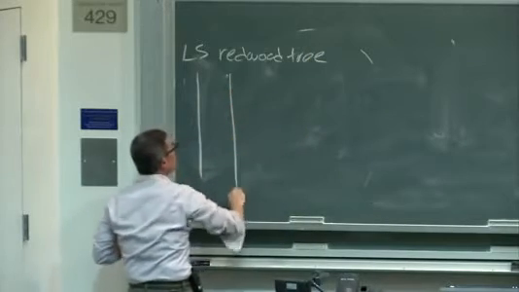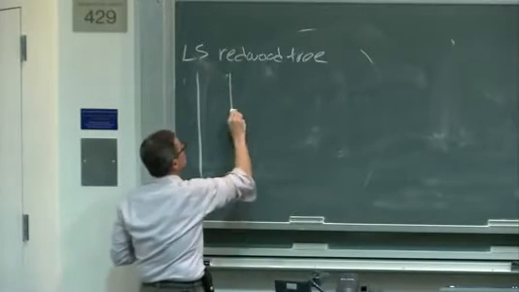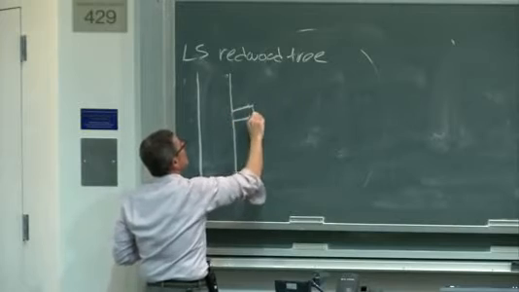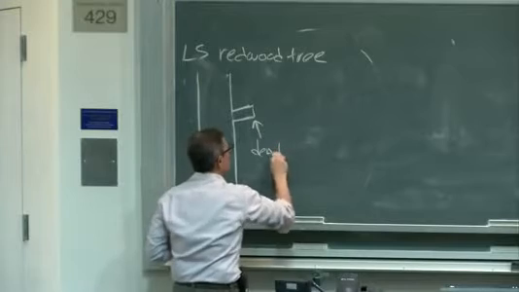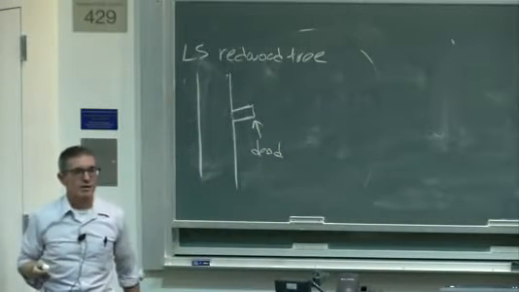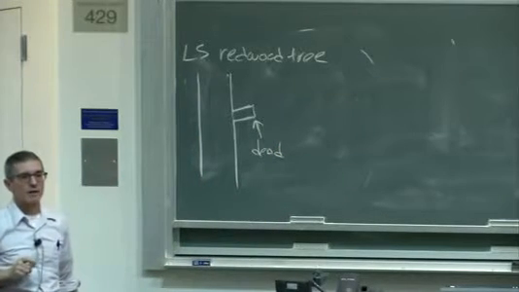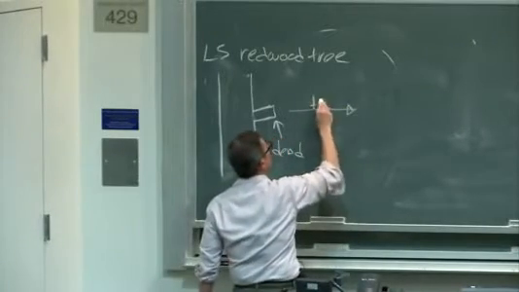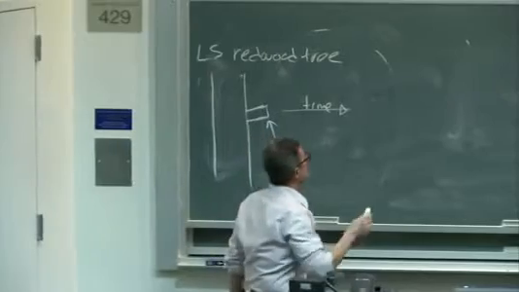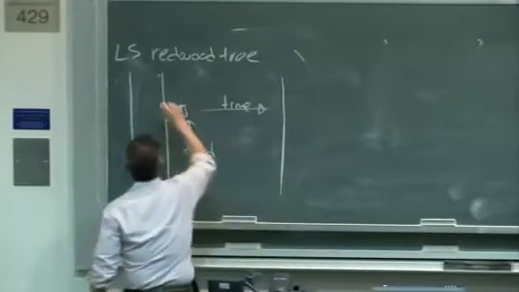And on this redwood tree, we're going to put a branch, and we're going to say that this branch is dead. Maybe some animal chopped off its apical meristem. It's no longer going to elongate. Now let's let some time go past. And as this time goes past, here is the